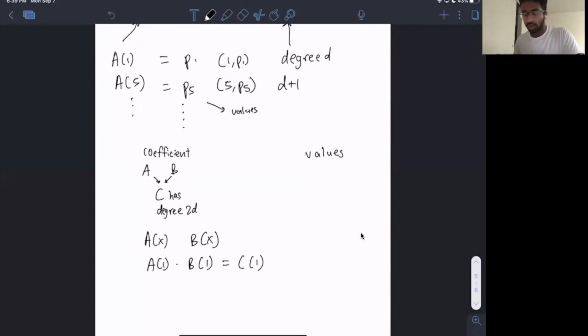So even though we have no idea how C looks, we can plug 1 into A and into B, multiply those two, and get what C is at value 1. And so using this approach and knowing that we need 2D plus 1 values to recover how C actually looks, one idea is to evaluate A and B